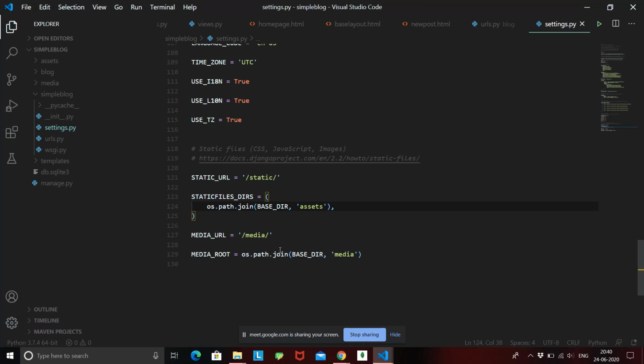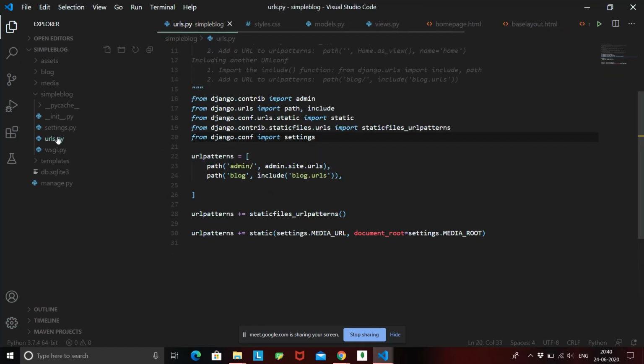We joined that media root to the base directory. Then we went to the urls.py file, and we assigned that media URL and media root to our URL patterns. This completes our configuration for the media files.